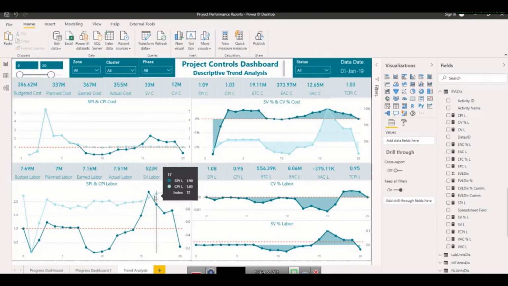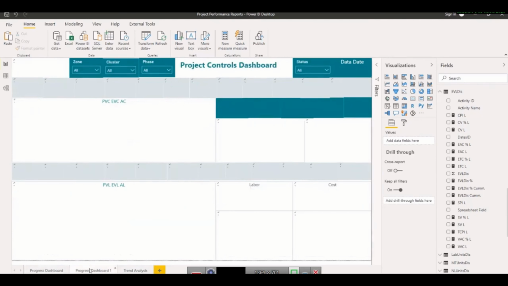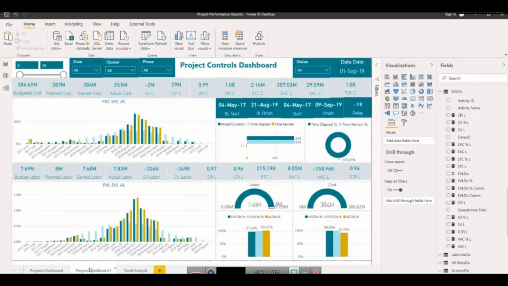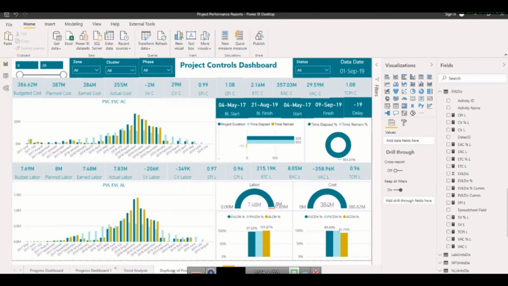Okay, so now we need to go into the detailed reports, because we have done only the dashboard level things now. So the next things will be our detailed reports, what we can use in the detailed reports. For that, I will take the data from the same sheets in order to proceed. So let's say I will take the data from here, duplicate, I want to make this sheet a detailed cost report,